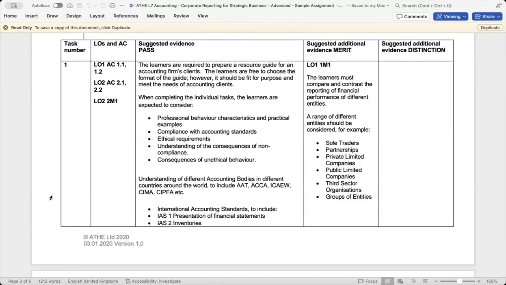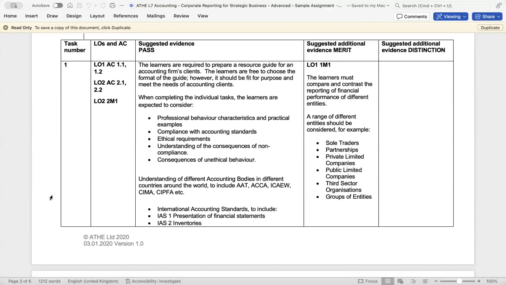Then our second lecture was financial statements of limited companies. The second lecture focused on the financial statements of limited companies, specifically the statement of profit and loss and the statement of financial position. We discussed the International Financial Reporting Standards framework and its significance.